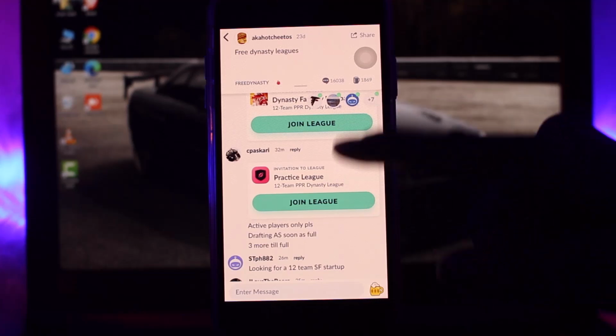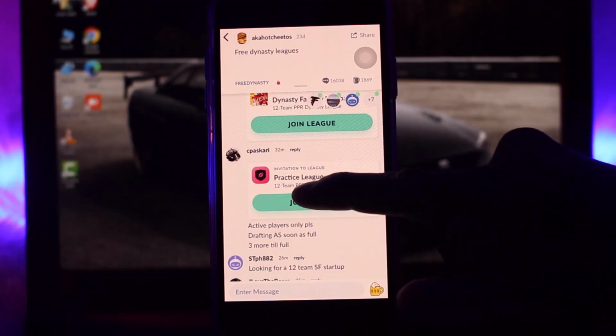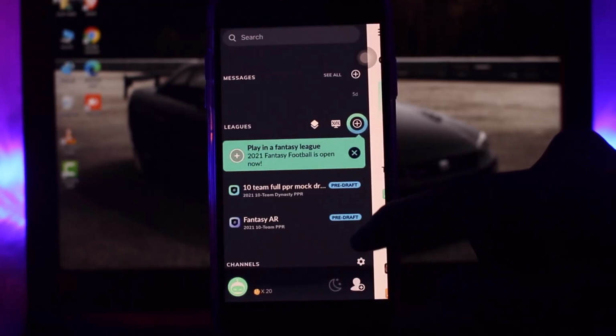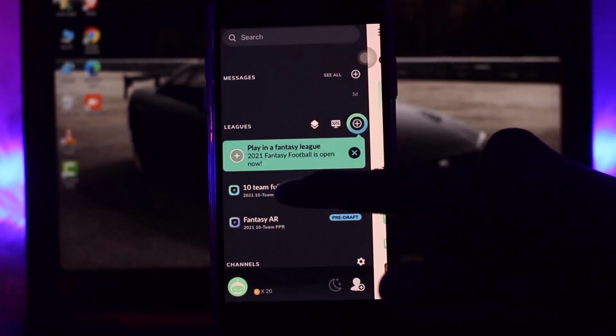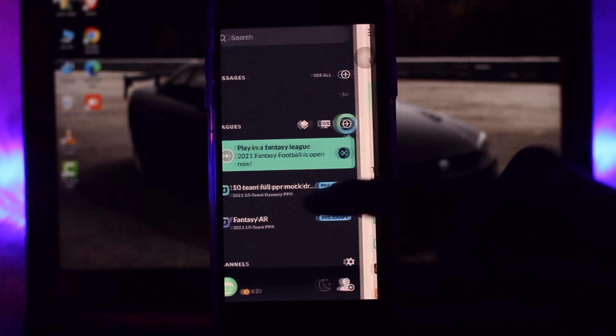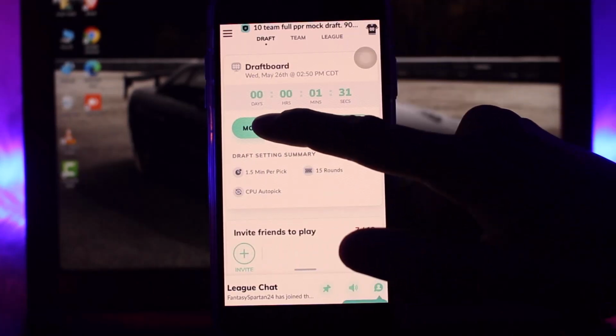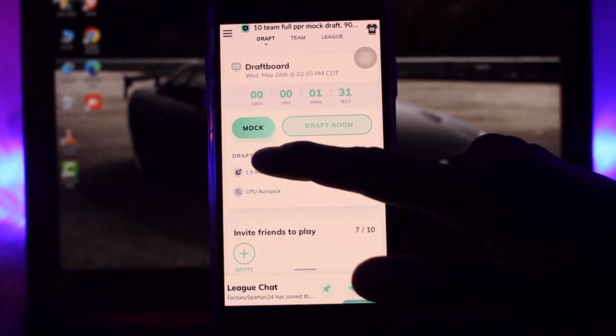Simply tap on any one of the options, or simply tap on the fantasy football league option, and then once you do that, go back to your home screen and tap on the three horizontal bar once again, and under the leagues, the contest will be added right here. All you gotta do is tap on that, and once you tap on that, you'll see the draft room option, and then you can either tap on mock or draft room,